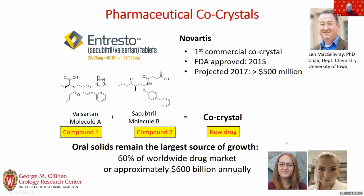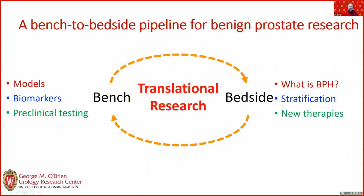And both Adrian and Alexis, Adrian, excuse me, and Maggie Stangus, 2 students in the lab, will be taking this type of technology and moving it forward in the near future. So I hope I've given you a good pipeline for how we can utilize basic science and improve our translational science, ultimately hoping to assist in the clinical outputs for better